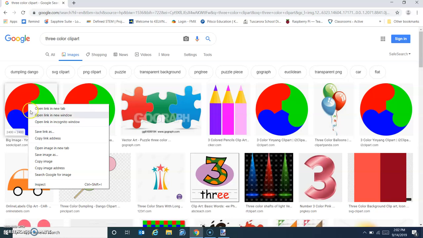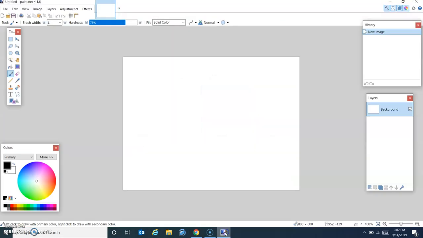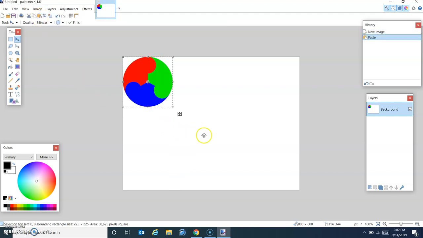Right click on one of them, go down to copy image, copy the image, go back to paint.net by clicking the icon at the bottom of the screen. And in the blank screen here, I want you to come up here, the 7th icon over. It looks like a clipboard with a white piece of paper. It says paste. Click that with your left mouse button,